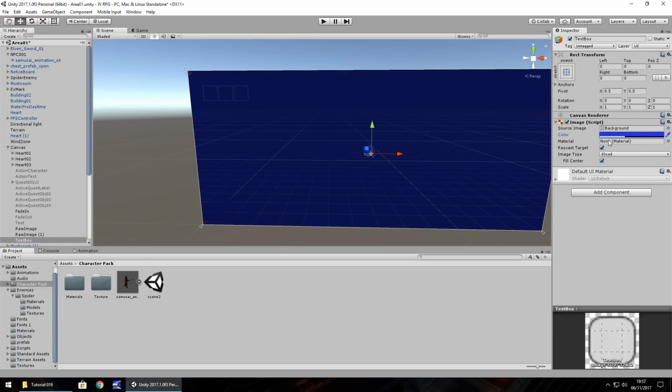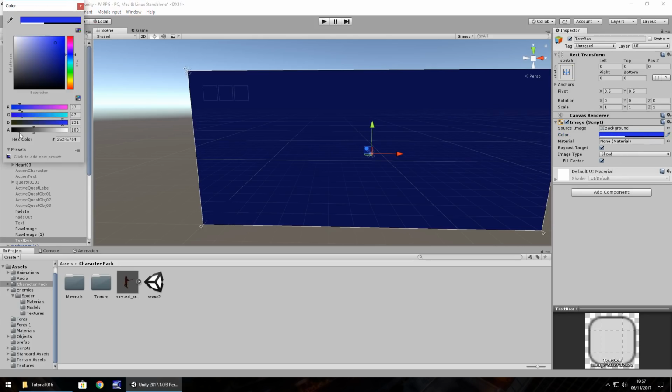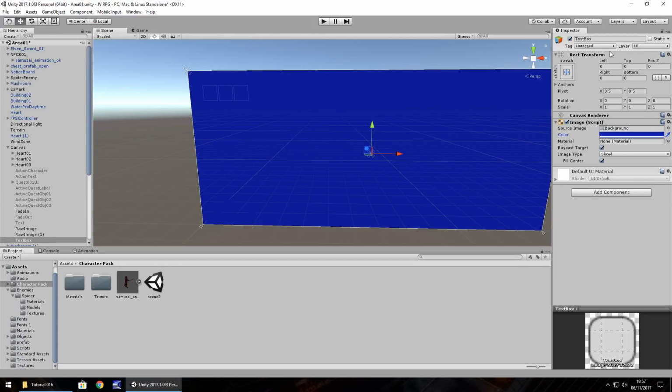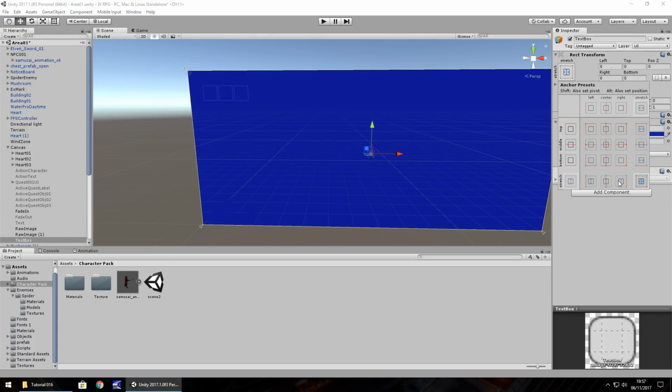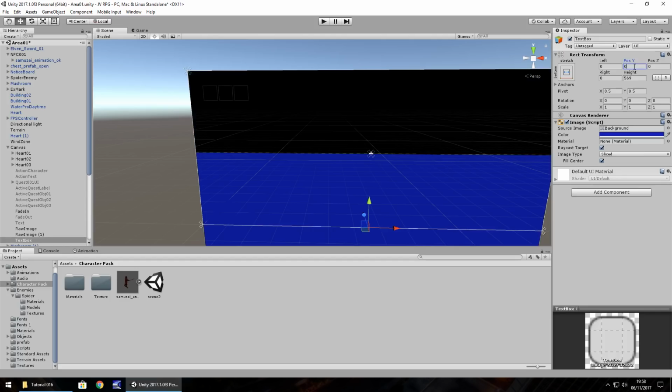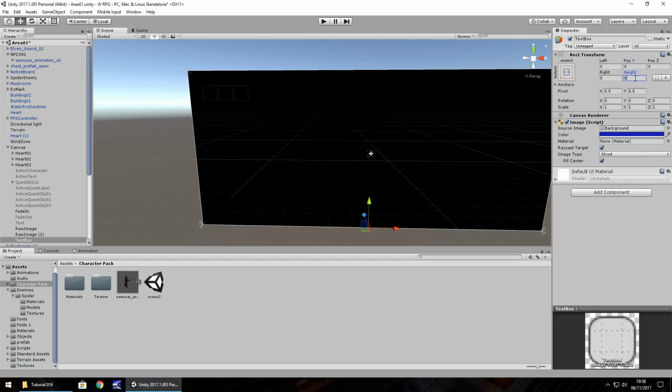And let's see, I'm going to have it full alpha. I don't want to be able to see through it at all. So now let's reduce the size, and I always want it to appear down the bottom stretch. So I'm going to anchor down here, and then I'm going to 0 and 0, and I'm going to actually